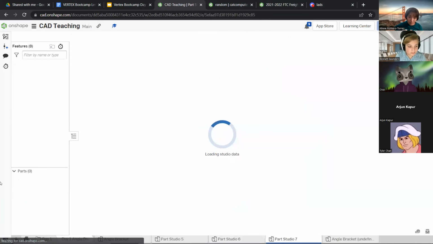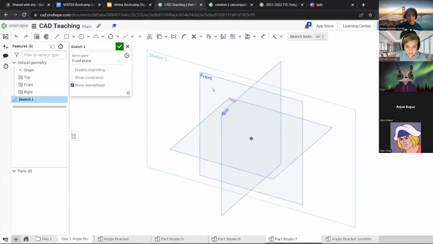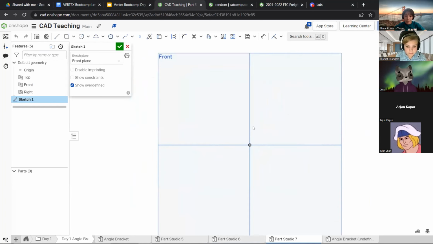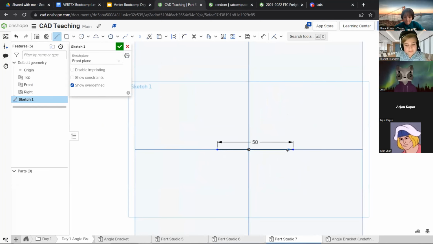So I'll start with a new part studio, and instead of sketching on the top plane, I'm going to sketch on the front plane. So let's see, I'm going to press N and view it normal. And if I were to make a bracket that was not 90 degrees, I think I would use lines, right? Maybe something like